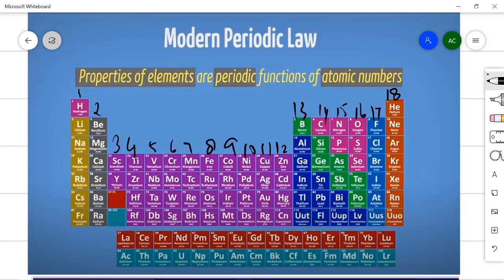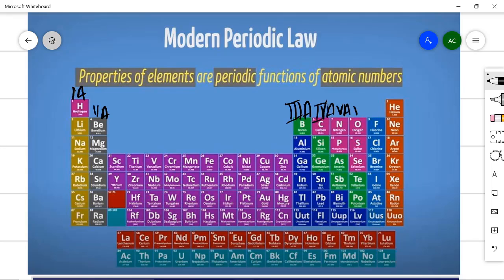Now these groups can be named as 1A, 2A, 5A, 6A, 7A, and this is the 0 group. Okay, so this is the group number. What are the main groups? This 1, 2, then this is 13, 14, 15, 16, 17. So these group numbers, that is 1, 2, then 13, 14, 15, 16, 17, are known as main group elements,